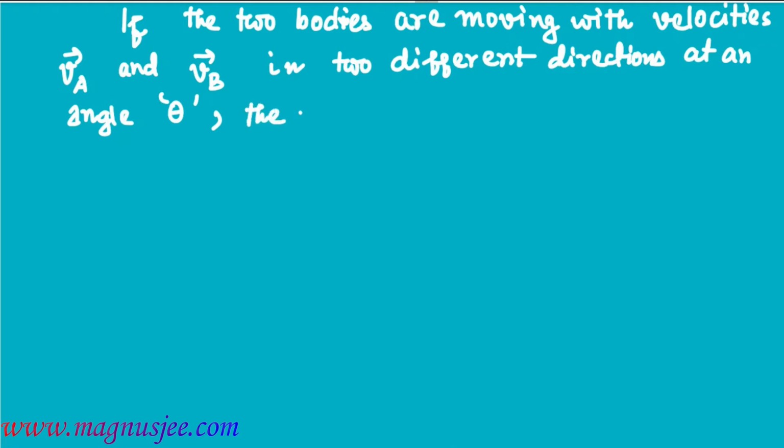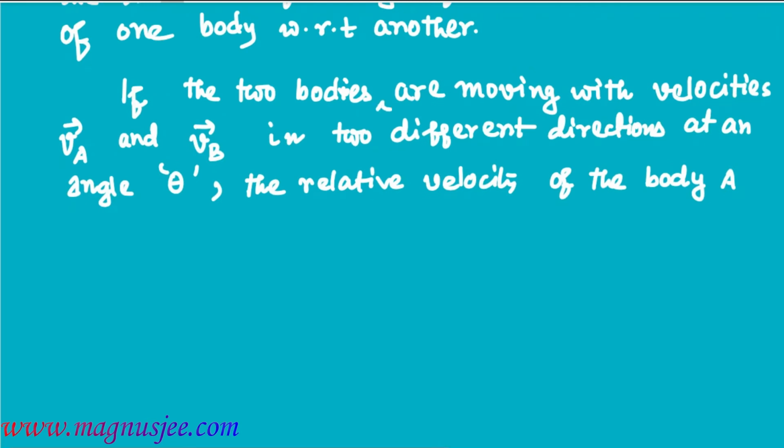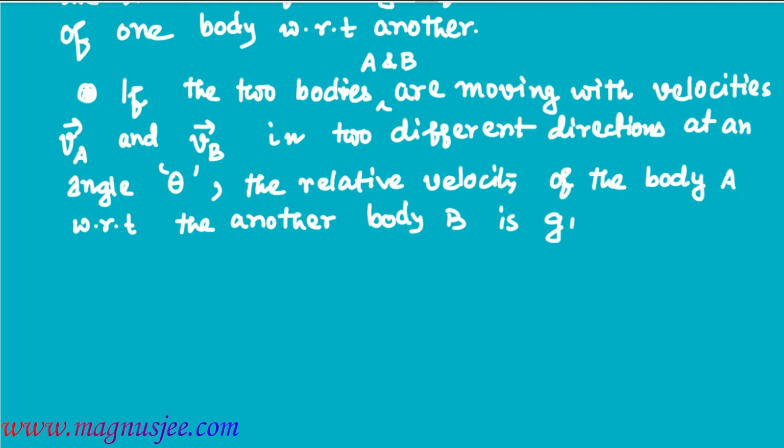Now we can draw the diagram. The relative velocity of body A with respect to another body B. So here is the explanation. If the two bodies A and B are moving with velocity vectors Va and Vb, the relative velocity of body A with respect to body B is given by